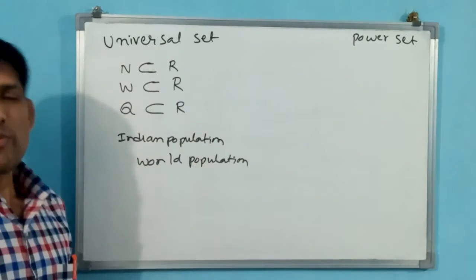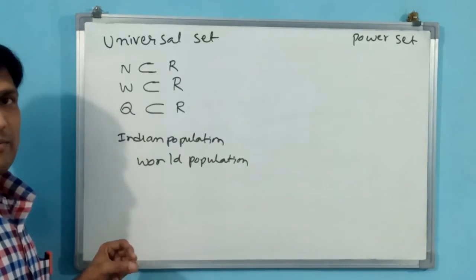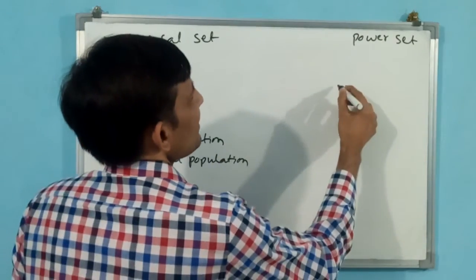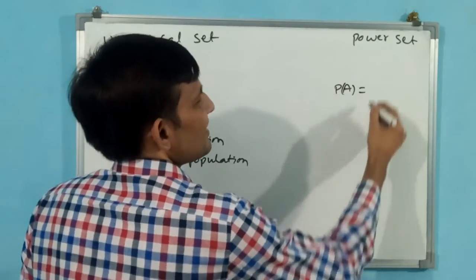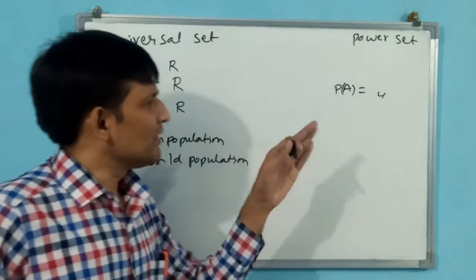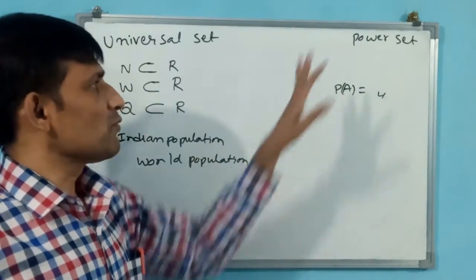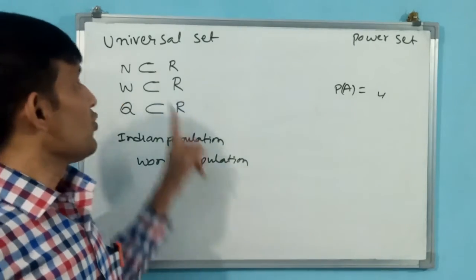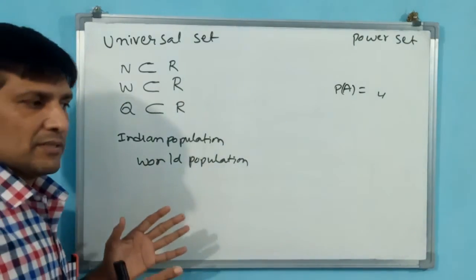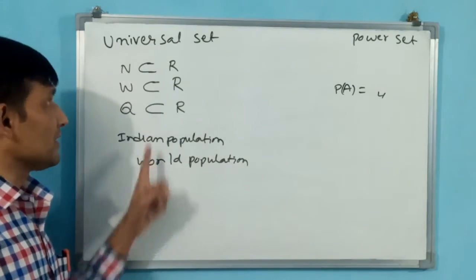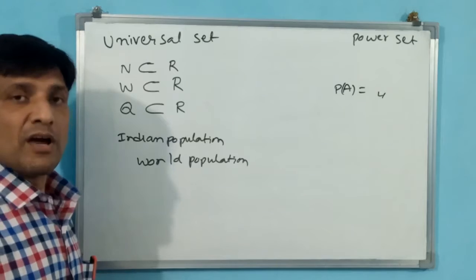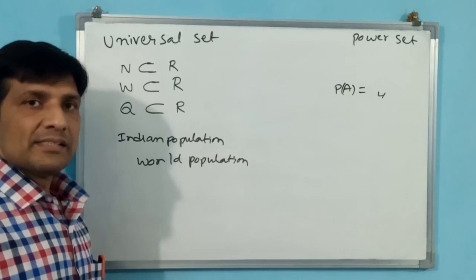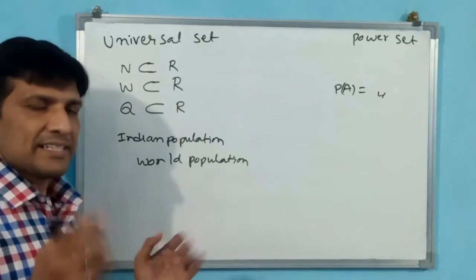Okay. But what about power set? Power set is like 4, 5, 10, 12 subsets. Power set is having some 4, 5, and 8. Not a broader spectrum. In power set we discussed a smaller quantity of subsets. But universal set, when we make comparisons of a very broad spectrum, then the universal set comes into the picture. Okay. With this, we have completed the concepts or theory for exercise 1.3.